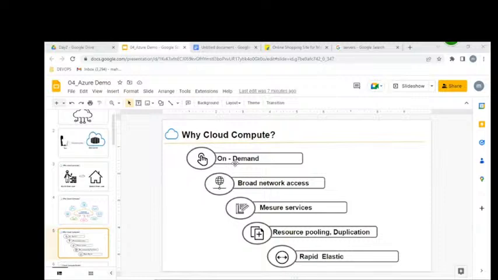If you want to buy a laptop, can you get it immediately? No. But when you want a server in the cloud, we can get it immediately, ready to use. Virtually yes, but physically not possible.